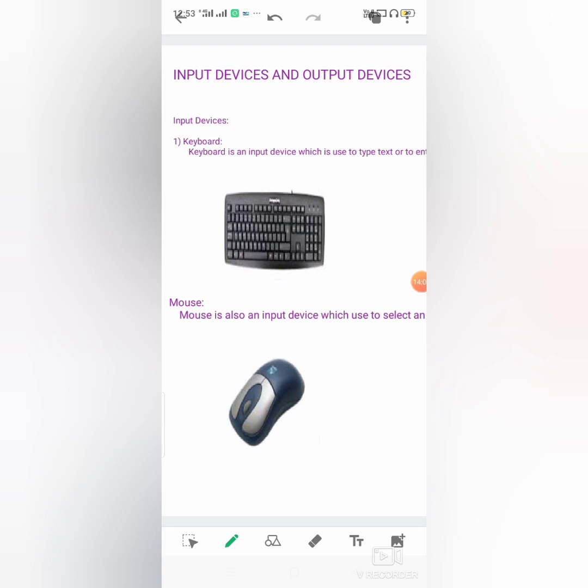If you have created it, go back. Here you can see the video option on the bottom right side. Click on this video option. It will show you what videos you have created. Previously I created this video, that's why it's showing. Otherwise, whatever you have recorded, it will show you here. From here you can share your video anywhere, and you can rename it also.